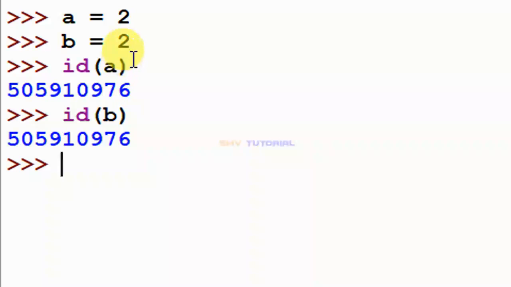Why? Because it is only one value, so it is stored in the same memory location. When you create more values, your ID changes.